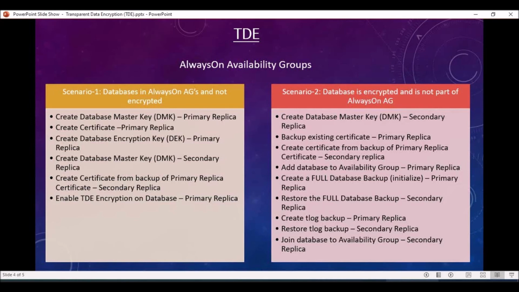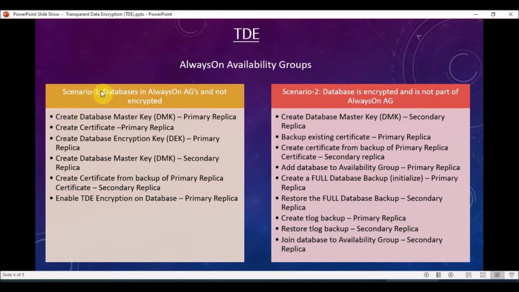So for Always On availability groups, let's take two scenarios. One scenario where the databases are in Always On availability groups but are not encrypted, and the second scenario is a database is encrypted with TDE and is not part of an Always On group. Discussing the first scenario here, if the database is in an Always On availability group and not encrypted,